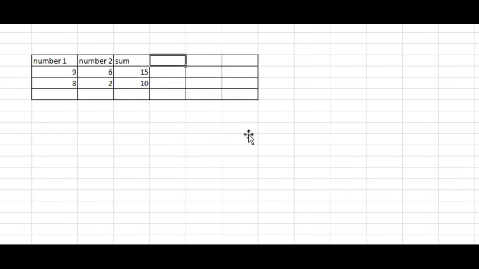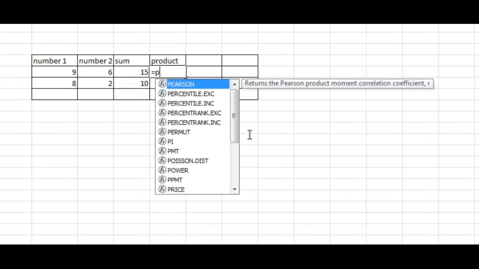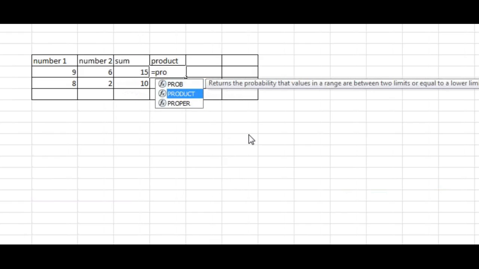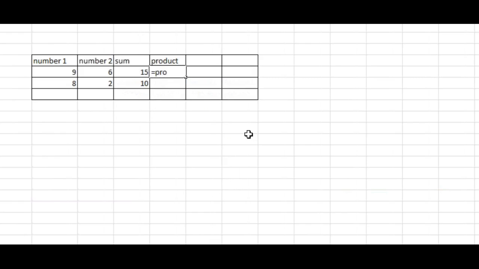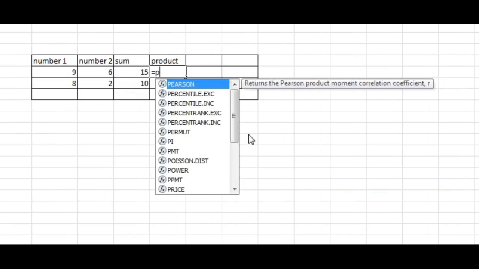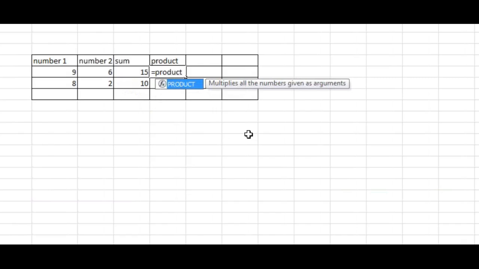Okay, then the same thing for the next function, that is product. How to do the product? Product means multiplication. See here, same. Equal to product in bracket first number comma second number address.